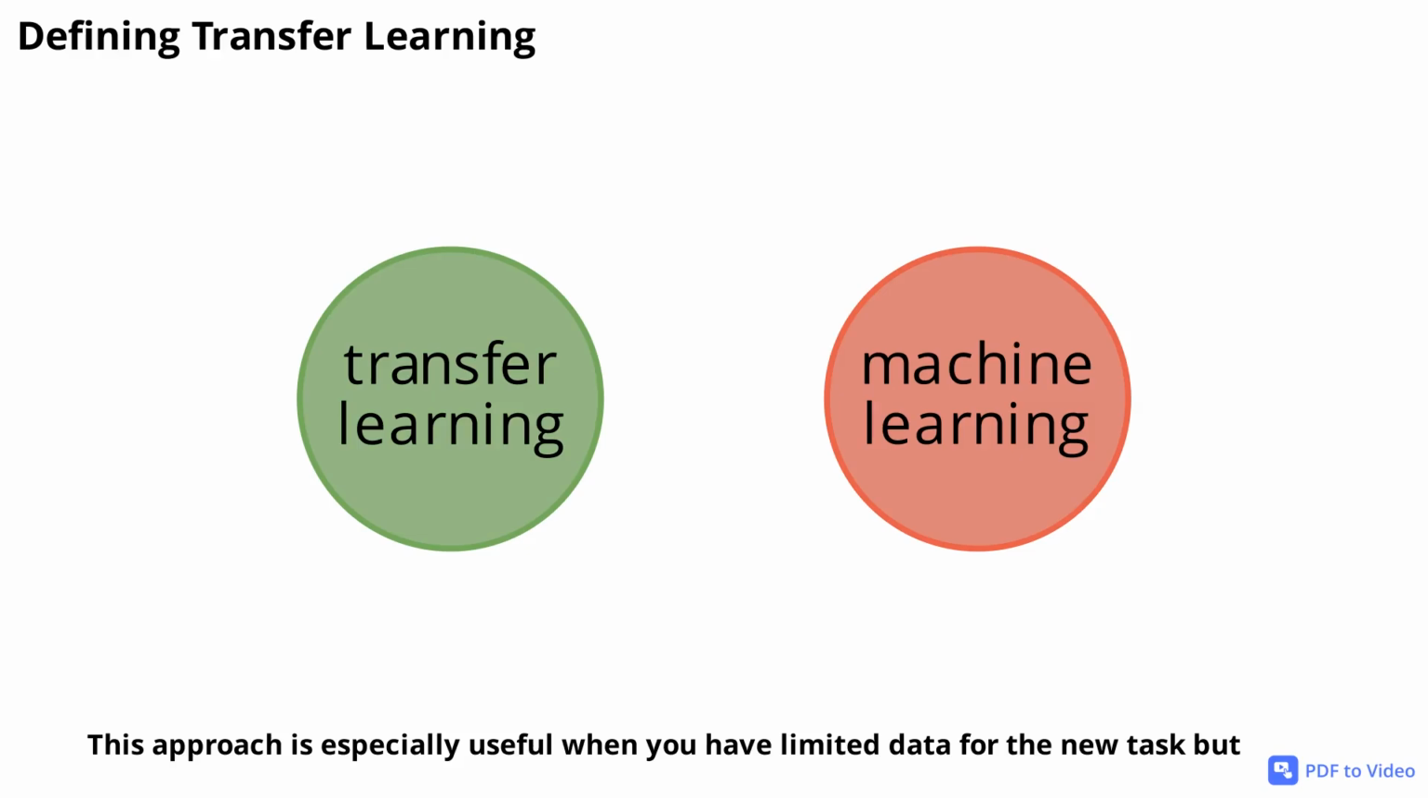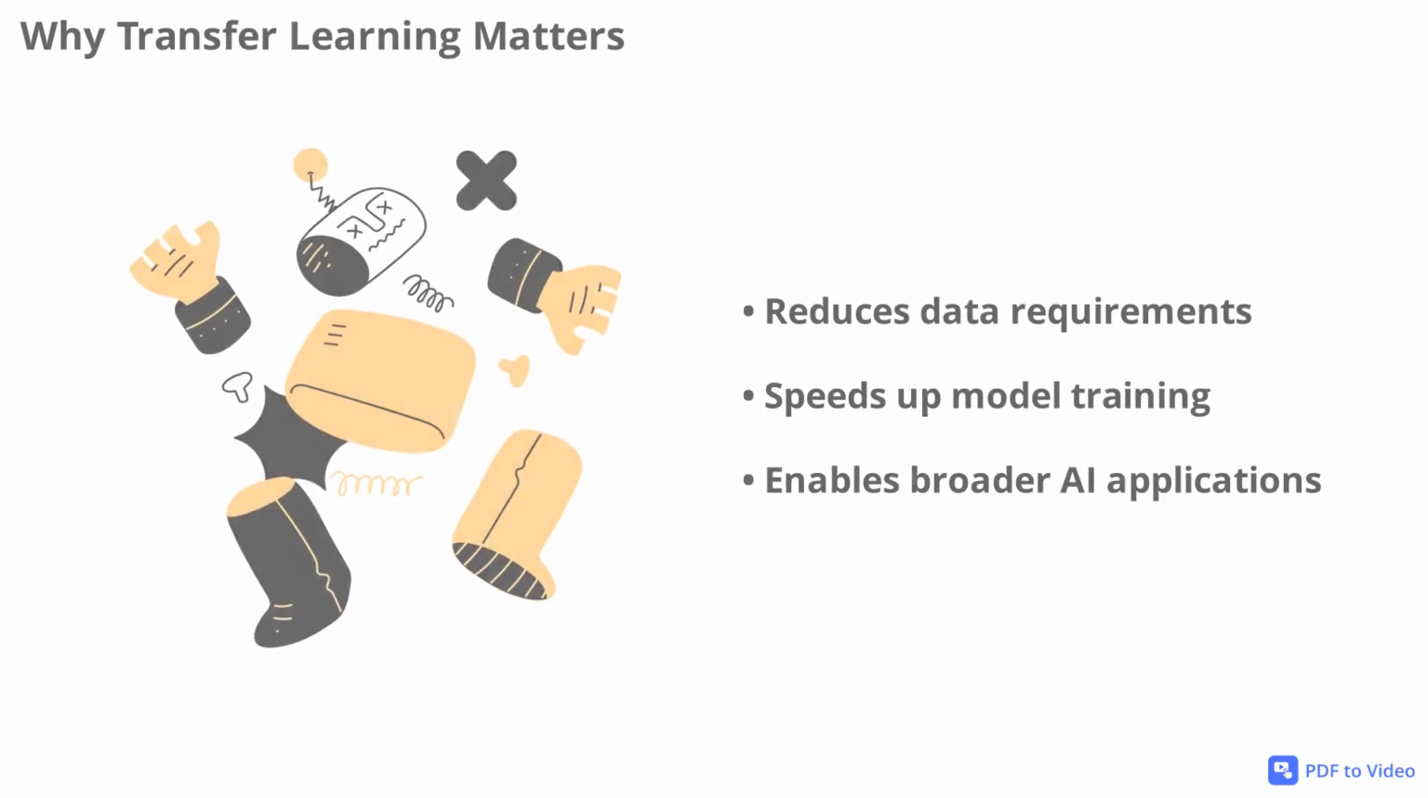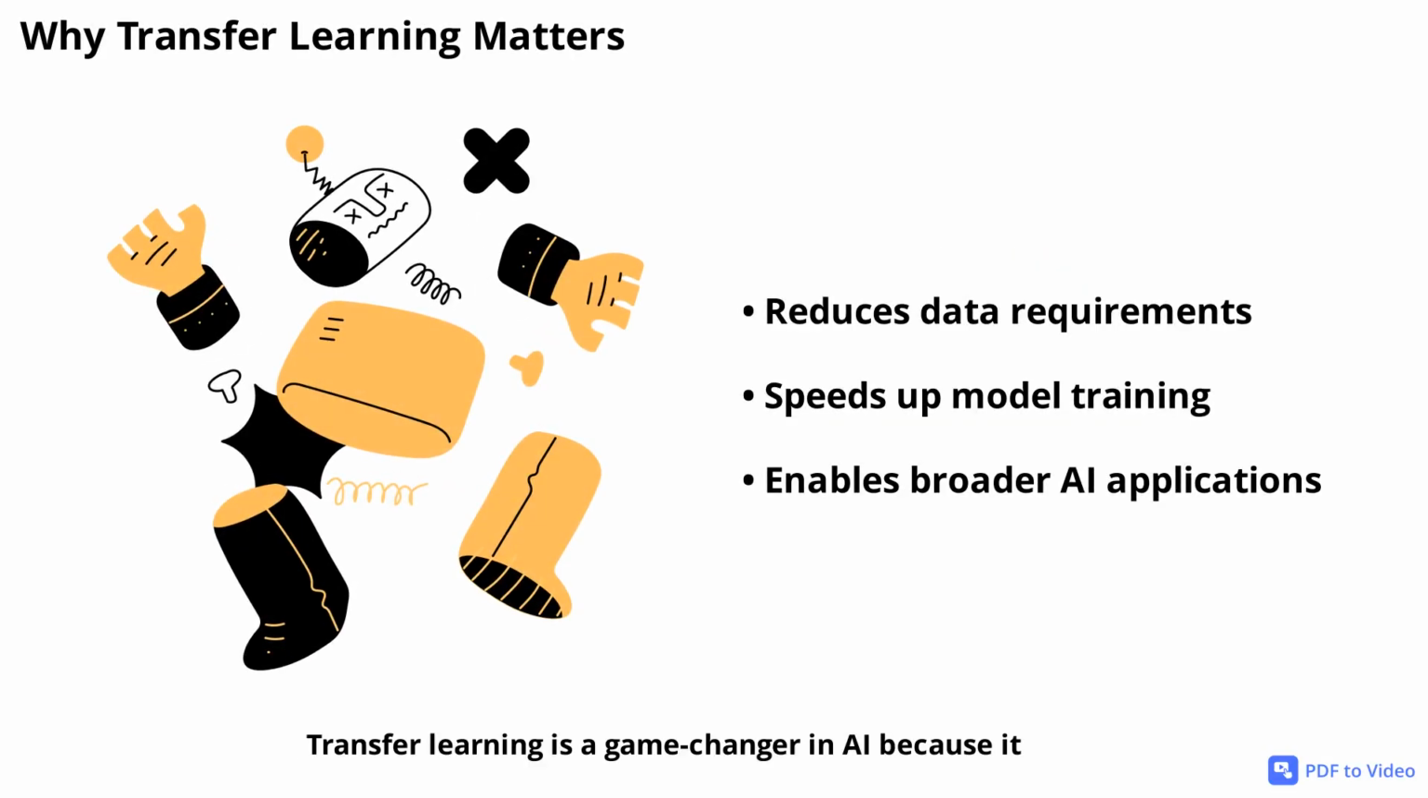This approach is especially useful when you have limited data for the new task, but access to a pre-trained model that has already learned useful features from a large dataset. Transfer learning is a game changer in AI because it dramatically reduces the resources needed to train effective models. By building on existing knowledge, AI systems can adapt to new tasks with less data and computational power. This is particularly important in fields where labeled data is scarce or expensive to obtain. Transfer learning enables faster development cycles, improved performance, and opens up AI to a wider range of applications, from healthcare